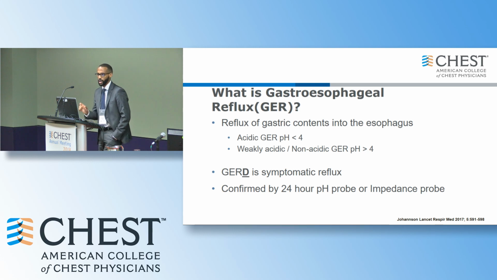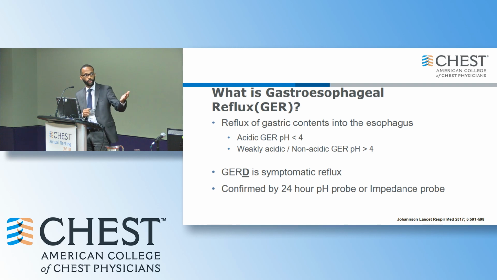First off, we're going to define what gastroesophageal reflux is, which I'll sometimes refer to as GERD. It is reflux of gastric contents into the esophagus. We usually divide it into two groups. One is acidic, which is a pH less than 4, and in the GI literature they also call it weakly acidic or non-acidic when the pH is greater than 4. The contents of reflux are not well described. We know that it has acid, pepsin, trypsin, other enzymes, bile acids, food particles,